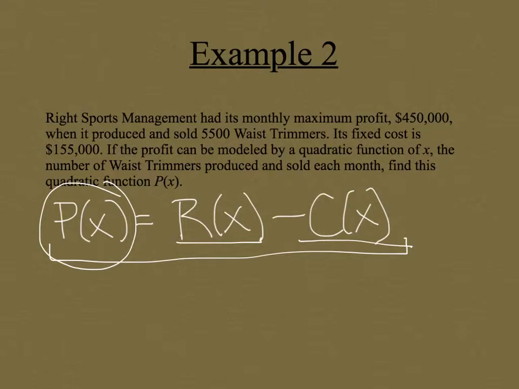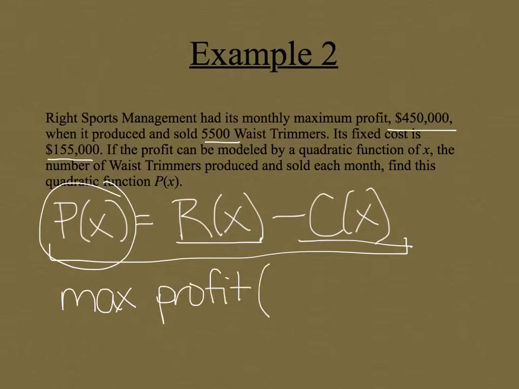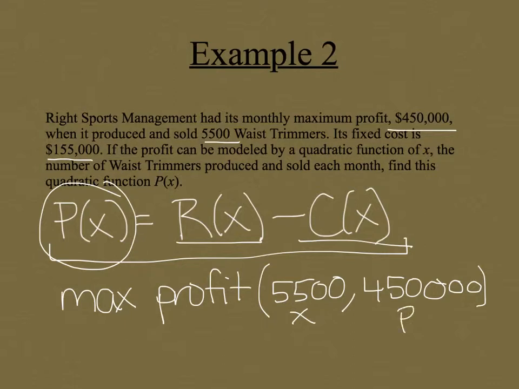Okay, we basically are given some ordered pairs here in the equation. We know that the maximum of the profit function is 450,000 at 5,500. We know that when we produce 5,500 waste trimmers, our profit will be $450,000. Now, the reason they give us this fixed cost later on is for us to have another ordered pair,